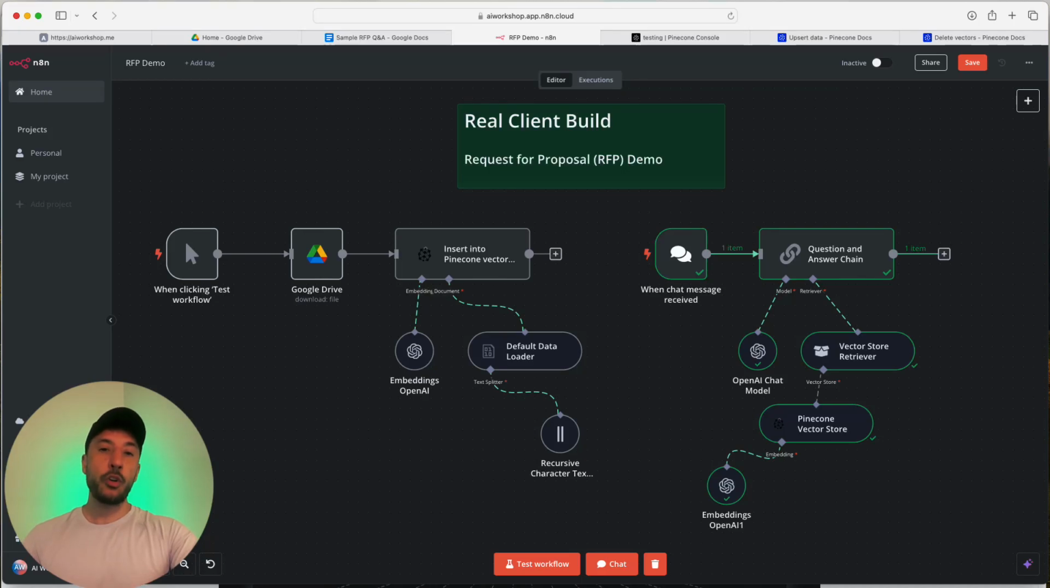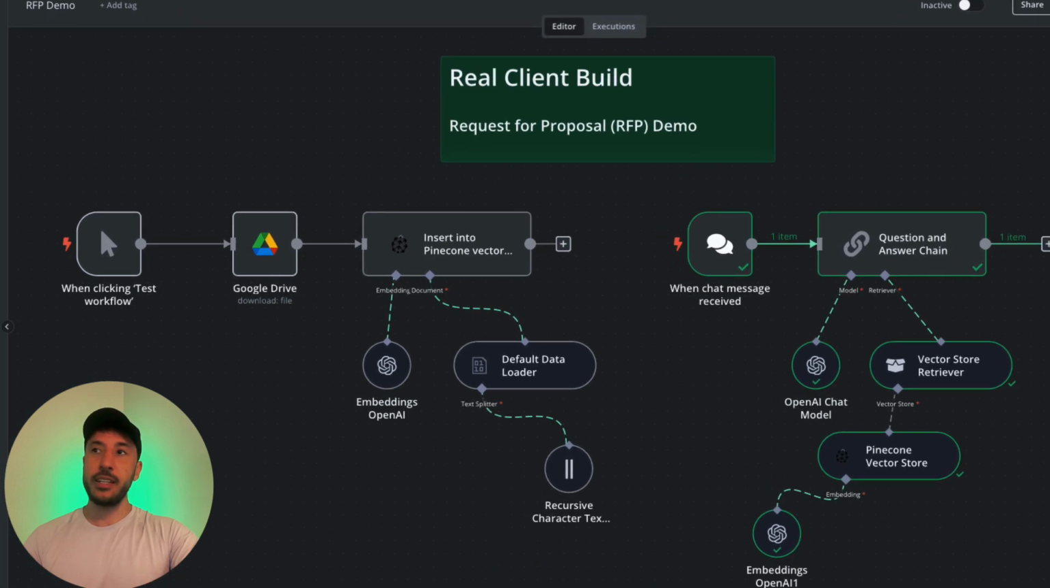In this video, I'm going to walk through step by step on a project that I did for a real client. This is a request for proposal project that I did recently using Pinecone vector databases and also AI agents to be able to retrieve request for proposal questions based on the data that was already inserted into Pinecone vector